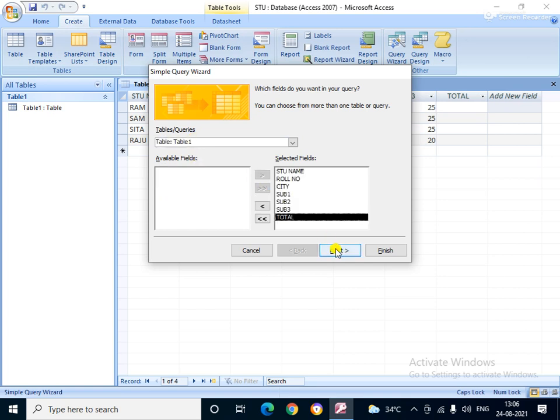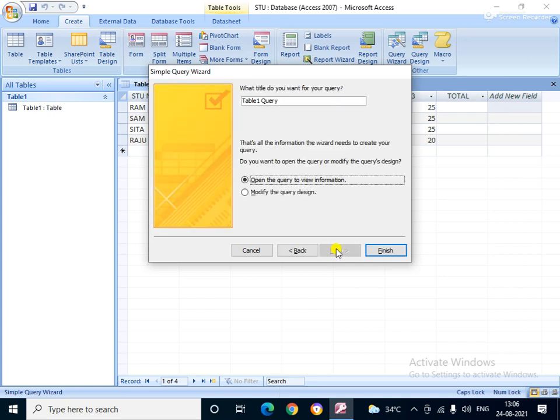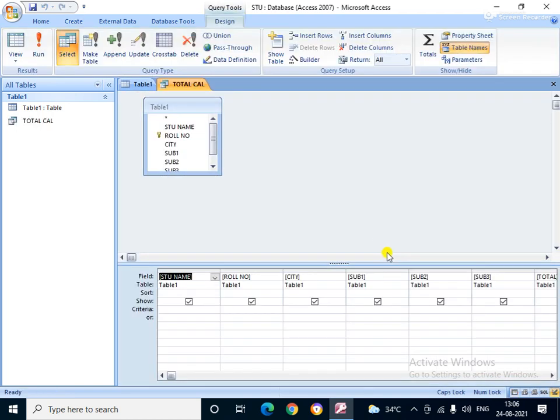Then next, next, and again next, then modify. If you want to change the name, suppose total calculation. Okay, total calculation, and after this click the finish option, right?